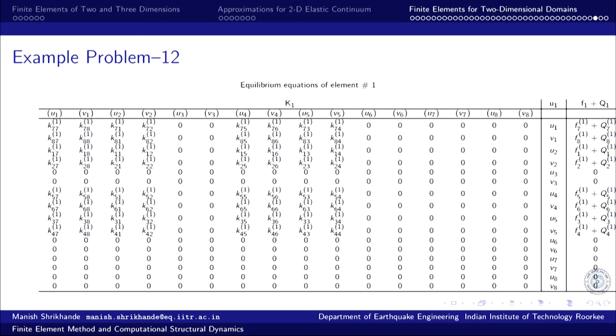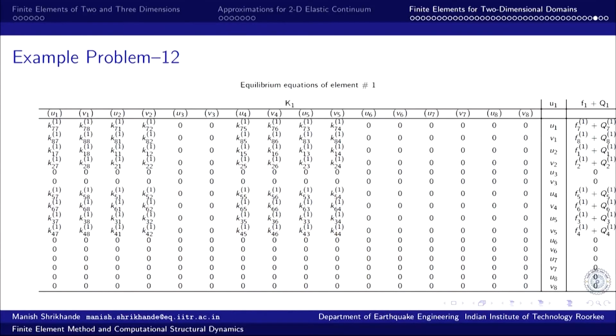So, in this global system you can see that there are 16 columns, and all the elements are actually placed accordingly. So, this is the stiffness matrix. So, for element stiffness matrix, coefficients of stiffness matrix of element 1, they occupy respective positions corresponding to the mapping of local node variables with the global variables, and similarly the load vector, the tractions and the body force. So, they also take the appropriate locations.